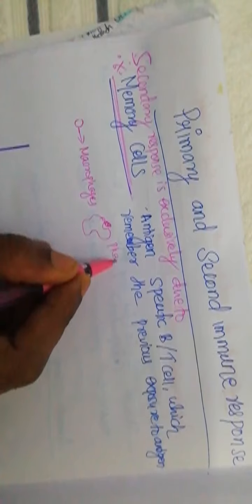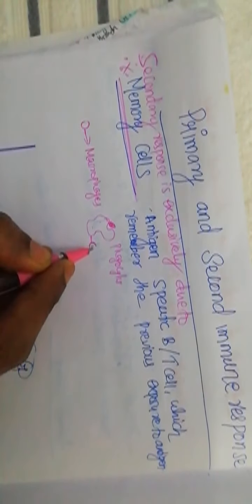So whenever an antigen, a foreign particle, enters into the body, what happens to the foreign particle? That will be trapped by the phagocytic cell. What is the phagocytic cell? Macrophages. Macrophages will trap the antigen, and a process will happen. What is that process called? Phagocytosis. So once after the phagocytosis process, the antigen processing and presentation happens, and finally this big antigen will be undergoing a processing mechanism.